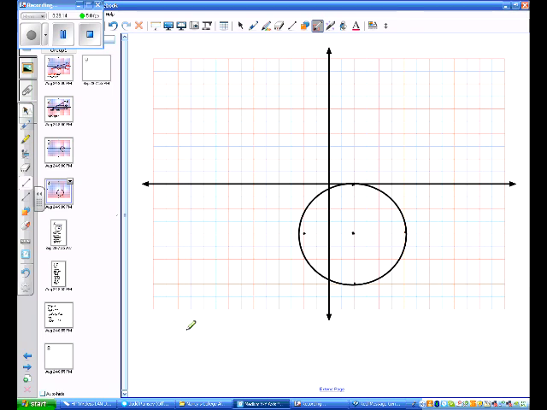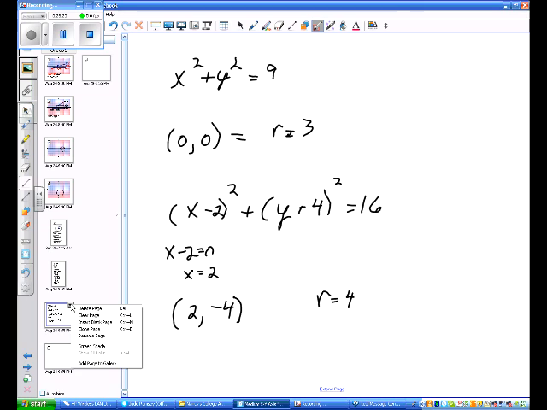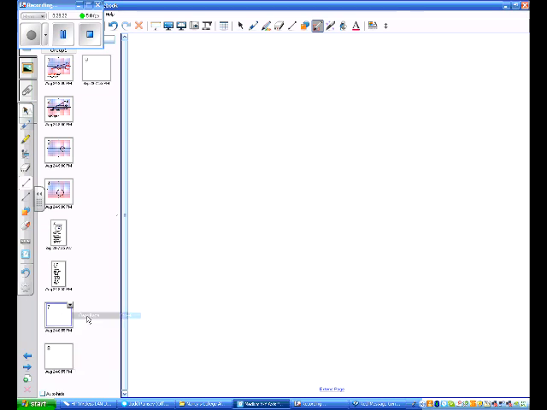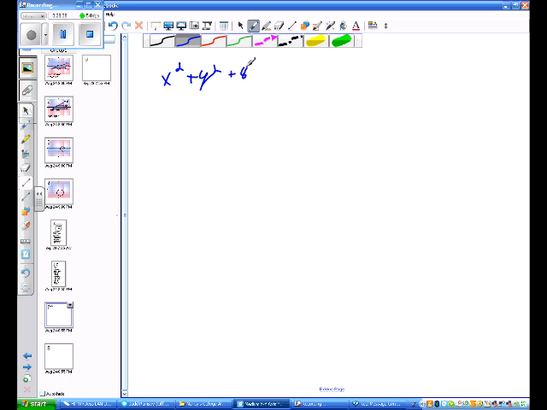There are times, though, that we have the equations for our circle and they're not in our graphing form. And so we're going to need to put them in graphing form. To do that, we're going to do completing the square. Let's say that we had as our equation x squared plus y squared plus 8x plus 4y